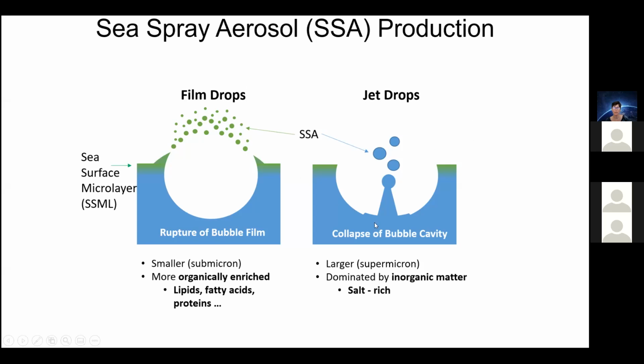One is film drop, one is jet drop. Film drop is when you have the bubble essentially burst at the surface, and that film gets captured in these very small film drops. These tend to be rich in organic phase, where jet drops from the ocean, it's really the collapse of the bubble